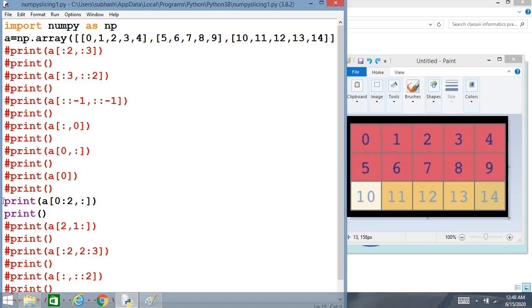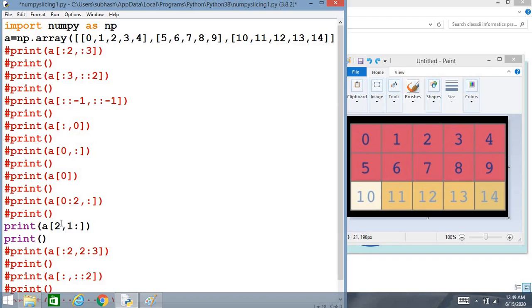Next is print A of 2 comma 1 colon. Okay, tell me the answer now. How does it come? A of 2, so which row will it be taking? It will be taking the 0, 1, 2, so the last row it is taking.